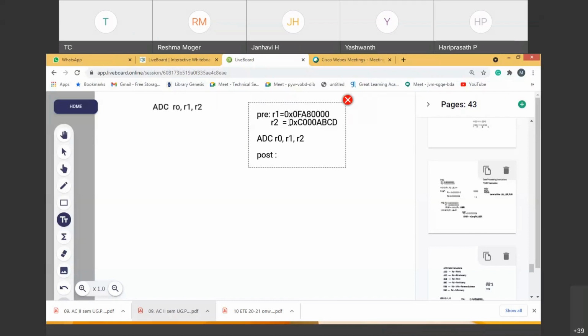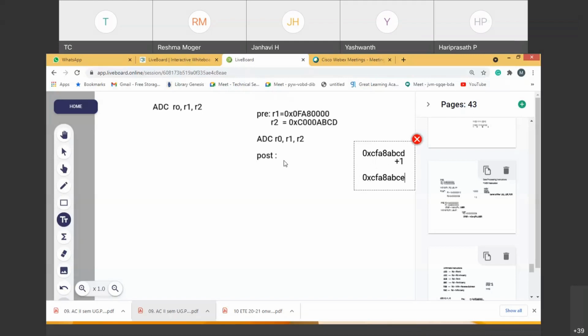So when you write this, what is the result? After, in post, you should write simple addition. When you add these things, what is coming out? 0x C F A 8 A B C D was coming. If this is the result, what I should add with carry means +1. If I do this, what will be the result? D +1 is nothing but E. So you just think like that, and quickly you will be able to solve things. E, that will be the answer.